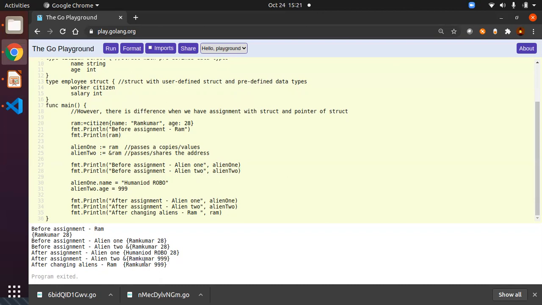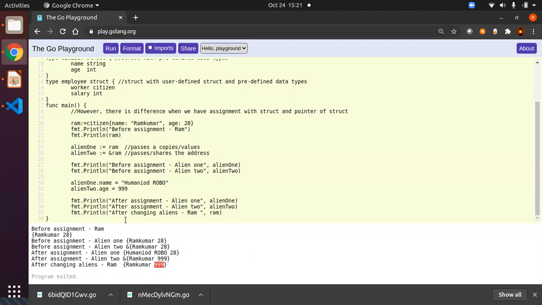After changing both aliens, the Ram Kumar also got its age changed to 999. Since you have shared the memory location, it also updates the original struct. In simple words, whenever you are sharing the memory location, it will have an impact whenever the reference variable is changed.